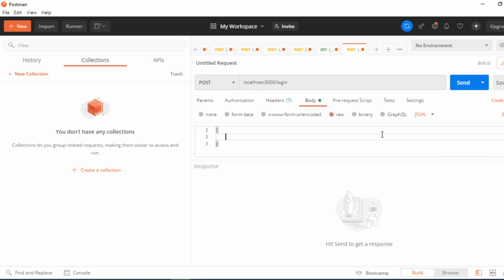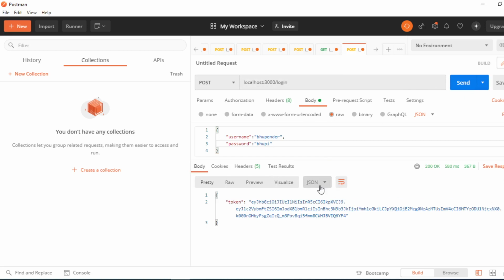For that I'll simply type username, and that will be Bhupinder, and the password that I'm going to use will be Bhupi. Okay, and now if I hit the send button, we should be able to see the token. Yes, this is the token we are getting.